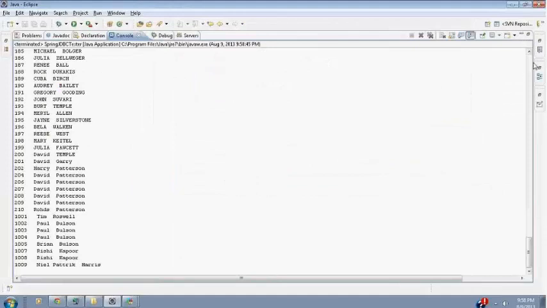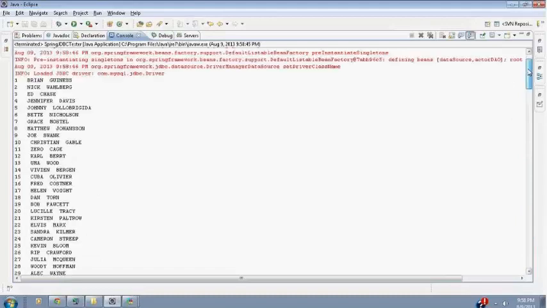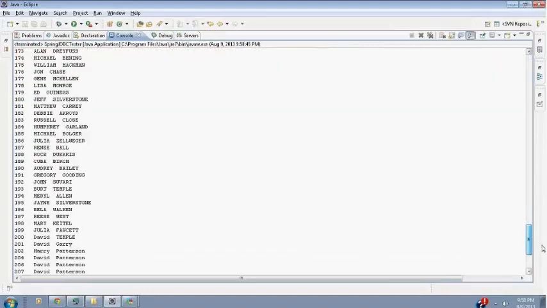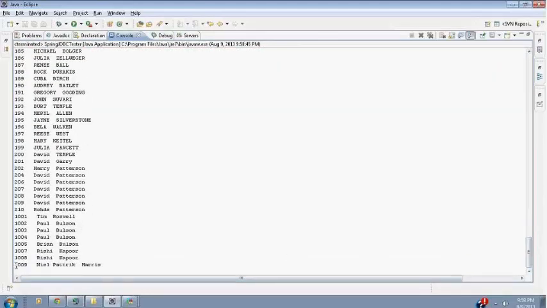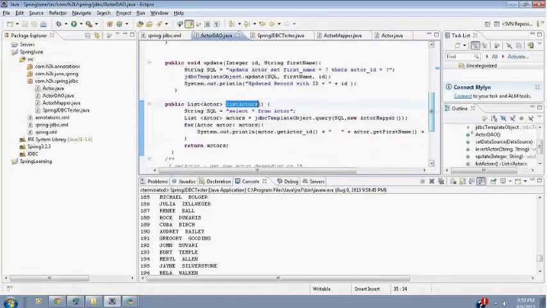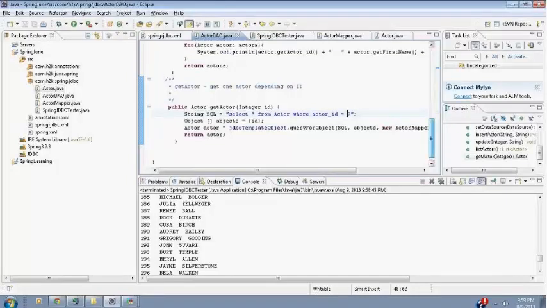Okay, so one more thing which we need to understand is the specific select query. When you are using select star and you are getting something, but if you need to pass a parameter to a select query, that will not be similar to this. You will actually pass an array of objects. So there is a small difference here. So getActor has select star from actor where actor ID equals to, and you will pass an actor ID which you really want. At this instance you can create an object array, and you can pass